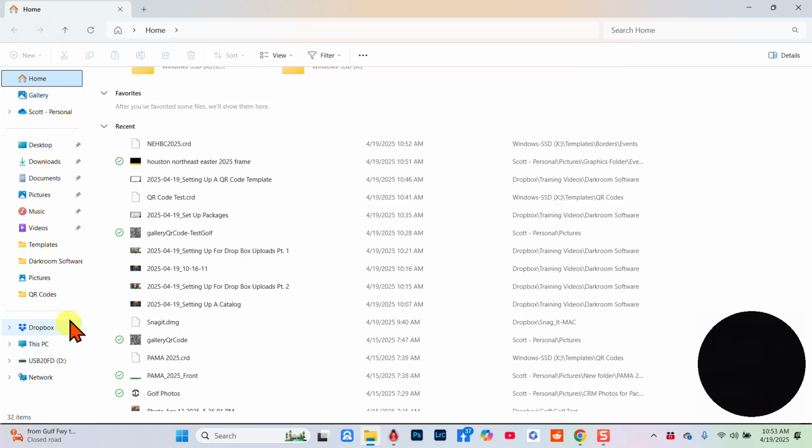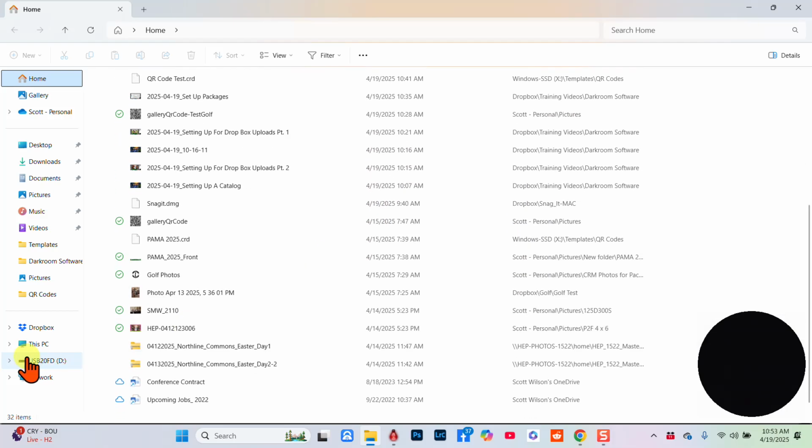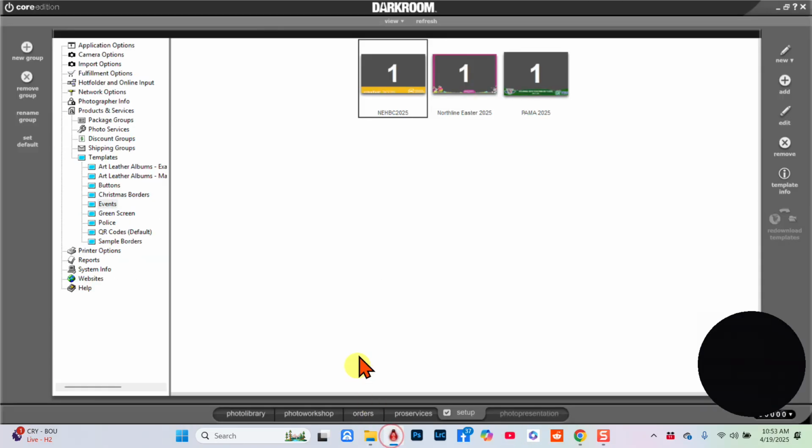I don't know why it's not showing up on here, but that virtual drive is where all your templates and all your pictures are actually stored. They're not stored in any other place other than that X drive. So while I'm talking about that, and I can remember what I'm talking about, I'm going to show you